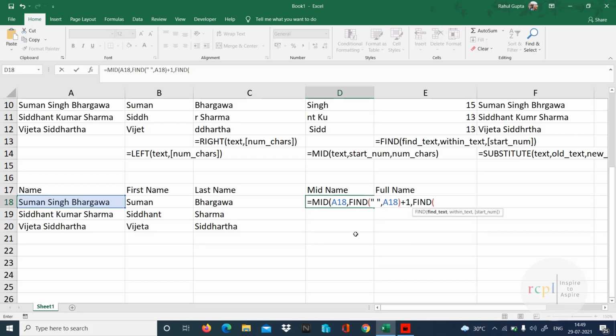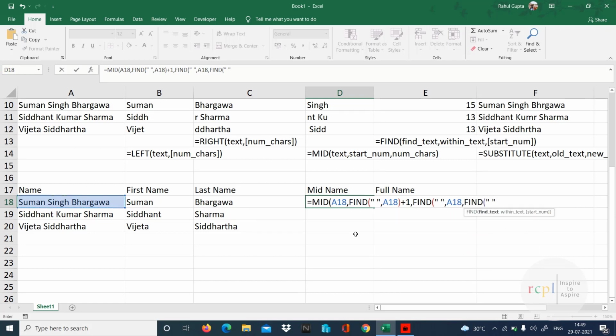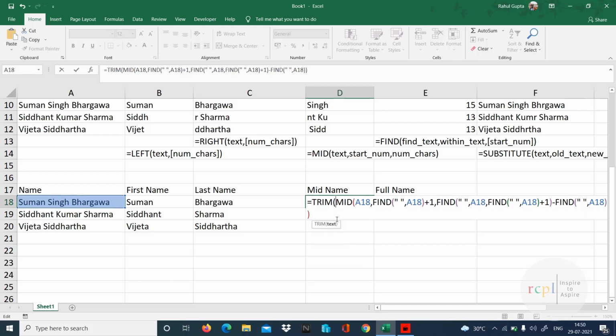So FIND space within this, again do a find because we have to get the second space within this +1, minus FIND space within this. And so that we will not get any extra space, I'll use the TRIM function, and finally that's my function.